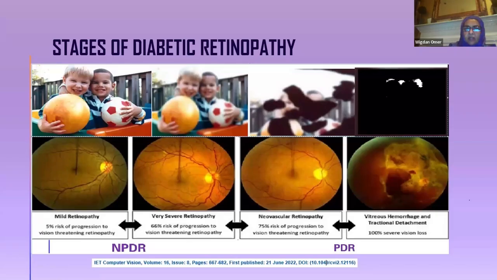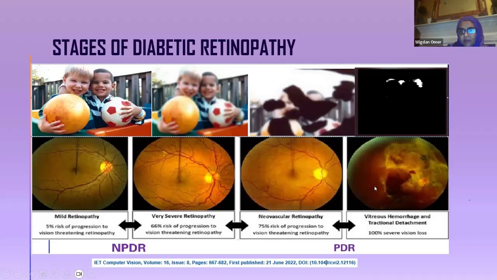So this is the visualization of those stages. In the mild form or normal eye vision, you can see that there's only 5% risk of progression to STDR. As we go from mild to moderate to severe non-proliferative diabetic retinopathy, the vision becomes blurred. We can even start to experience those floaters or floating blind spots. This occurs mostly in the proliferative stage when the abnormal blood vessels start to grow, leading to bleeding and detachment of the retina, which causes